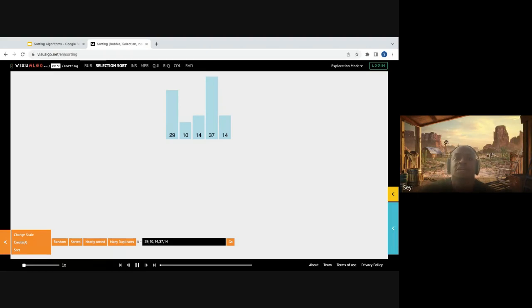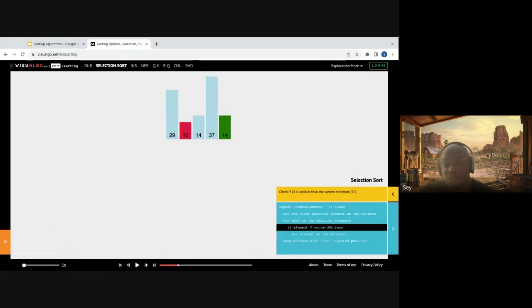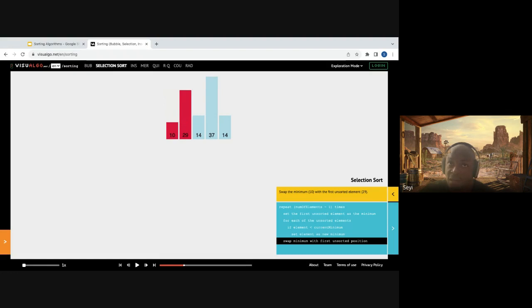Okay, I think that's a mistake. So we have an array and we want to sort it with selection sort. What do we do? The first thing is we find the smallest item, right? So we do a scan. 10 is currently the smallest for this iteration. We find the smallest item, which is 10, and put this in the first position.